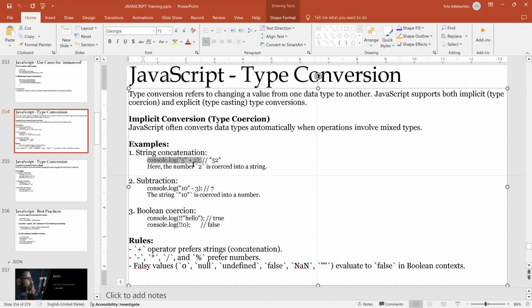That is for plus, because plus has two functions, two jobs, depending on the data type. If the data type is string, it's going to concatenate together. If the data types are numbers, it's going to add those two numbers. However,